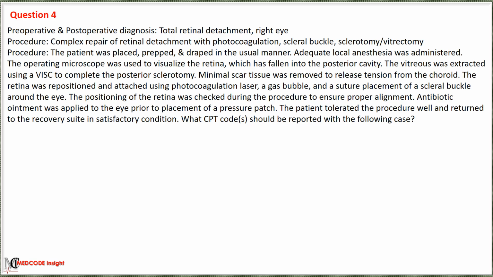The operating microscope was used to visualize the retina, which has fallen into the posterior cavity. The vitreous was extracted using the whisk to complete the posterior sclerotomy. Minimal scar tissue was removed to release tension from the choroid. The retina was repositioned and attached using photocoagulation laser, a gas bubble, and a suture placement of the scleral buckle